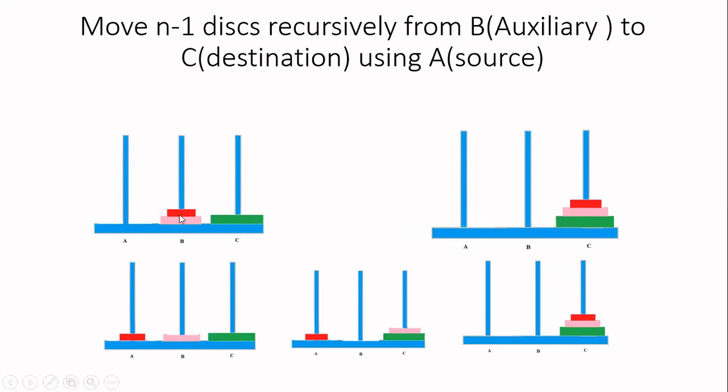First, I will start with this. This red color disk, that is disk 1, I'll be placing in A, that is the source. After that, this pink color disk, I'll move from B to C. Now in the next step, I'll move the disk from A to C. So in three steps, I am achieving this. We are writing only one statement, but it will take three steps to achieve this. This is done during the recursion, right?